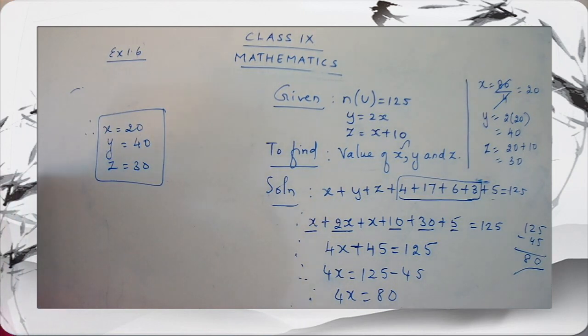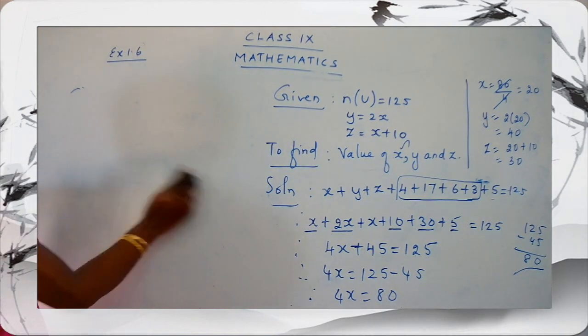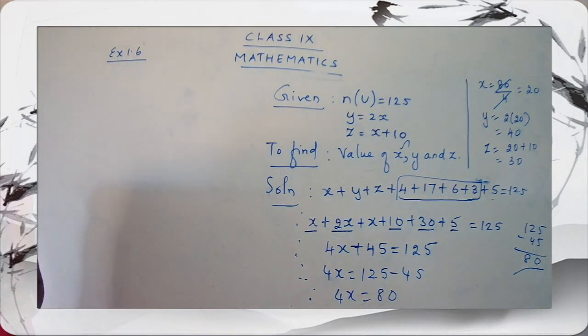Shall we start, children? Okay, let's start with the work. Here are the questions. You have to take the question, children. You are not going to skip your question. You have to take the question and the answer. I don't want the answers directly, children. A question and the answer. Try to complete the question fast, children. Be fast. Once you write the question, you have to draw the Venn diagram.